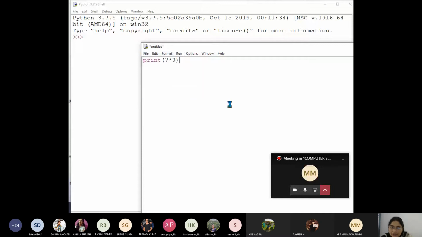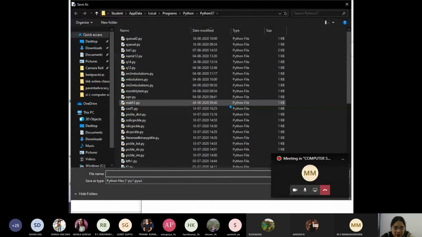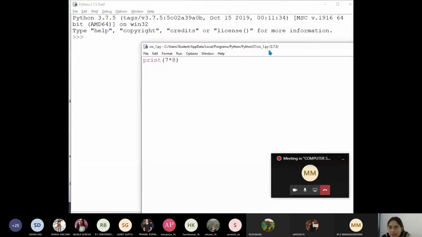Now you have to save this file. Are you all following? This file is a Python program, right? So what is the file extension? By default, it is .py. If you have not given any extension, it will automatically take it. I have not given any extension. Can you all observe, children? So what is the default extension? Now you can see the file name here.